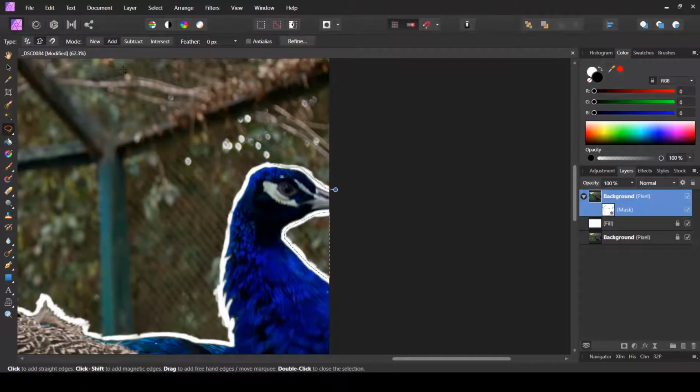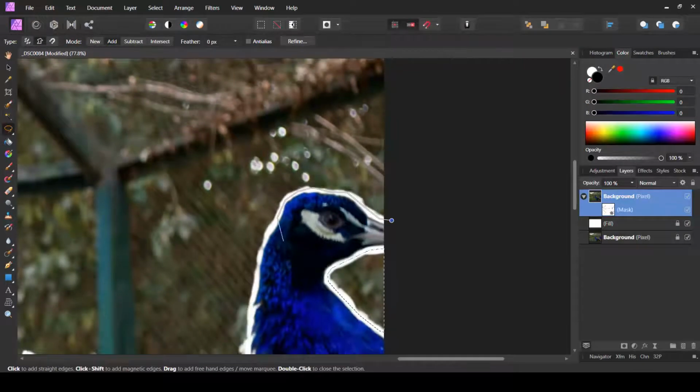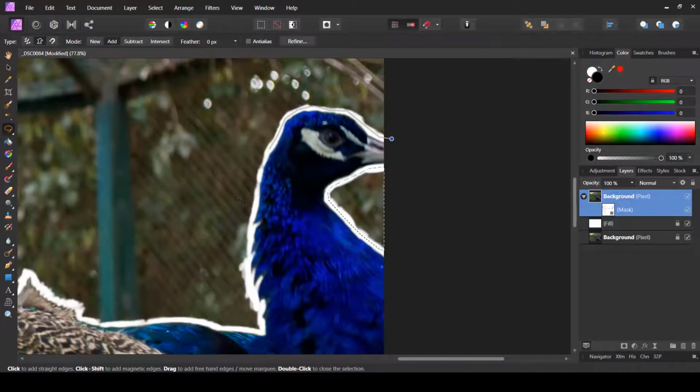So you can see I'm just clicking in this white area as closely as it can be. You can mess it up, but that is not a big problem. We can clean it up later on. So I'll just keep on adding this thing, and then